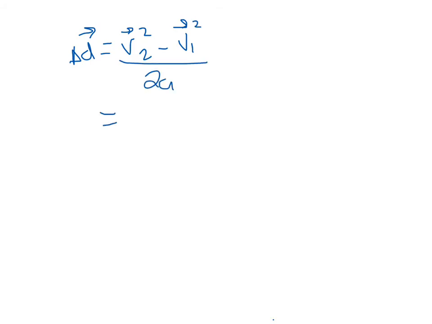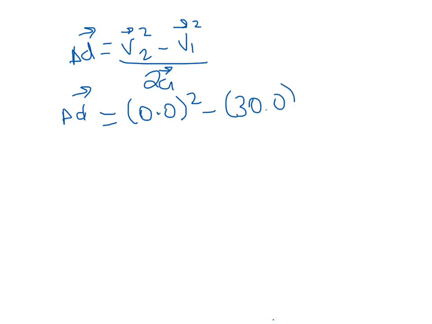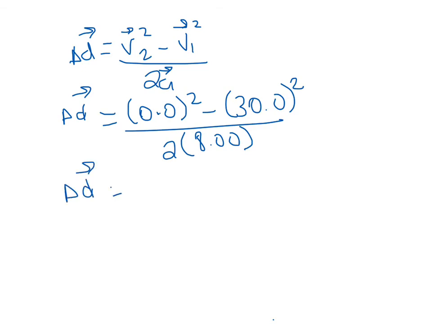So let's go ahead and put our information in. So delta D. So our final velocity is 0. Our initial velocity is 30, and it's all over 2 times our 8 meters per second squared. And if you type that all in on your calculator, you get